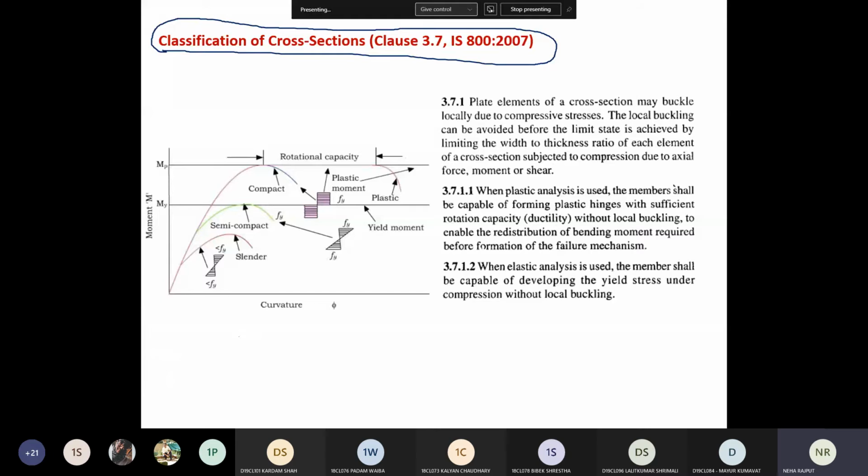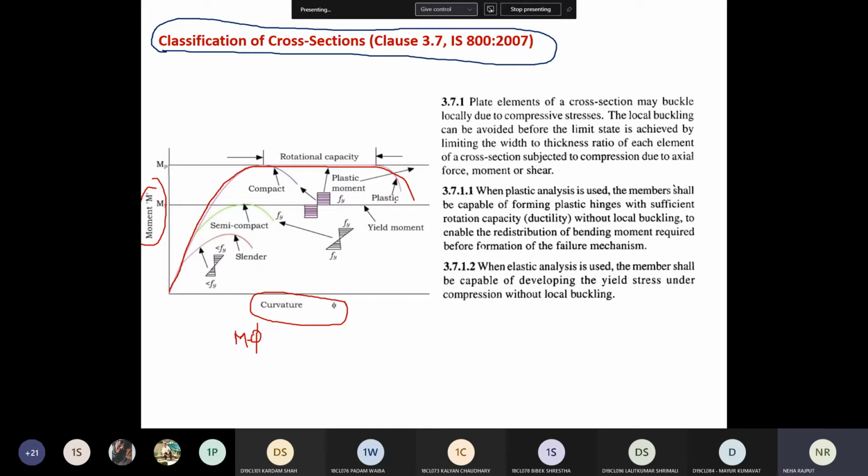Right. And this is the moment curvature nature or graph of this section. M is the moment, and this is the curvature theta. So very first is the plastic. The nature of the plastic section is somewhat like this, up to this. This is the plastic section.